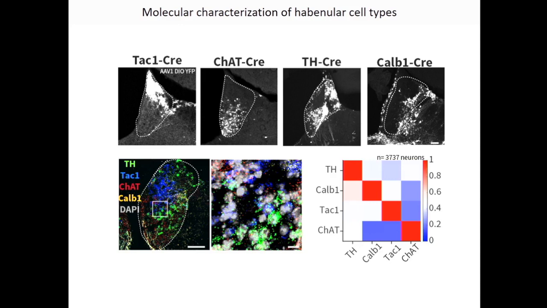To show you the overlap of these cell types that I'm looking at, I've just shown a quadruple in situ hybridization here. Again, you can see the dorsal expression of TAC in red, the ventral expression of chat. If you look at overlap, you can see that those are largely non-overlapping. TAC1 cells express little chat, and chat cells express little TAC. But you have more overlap in these lateral populations, as well as they overlap with the two existing defined populations. But the goal was to be able to look at these different cell types in behavior.